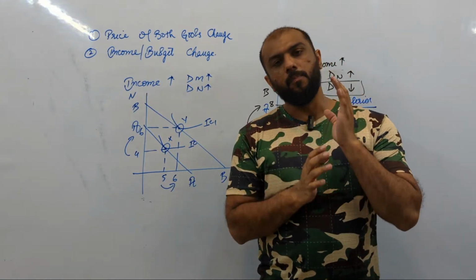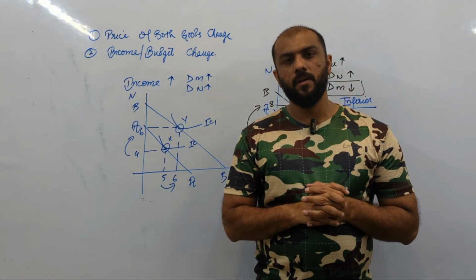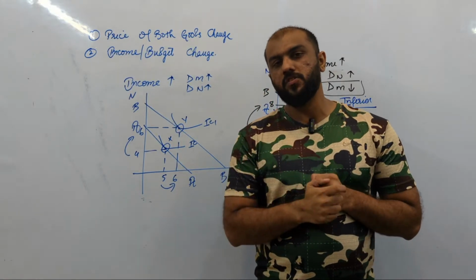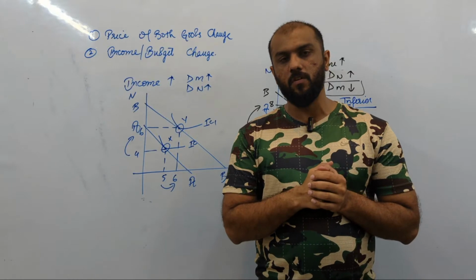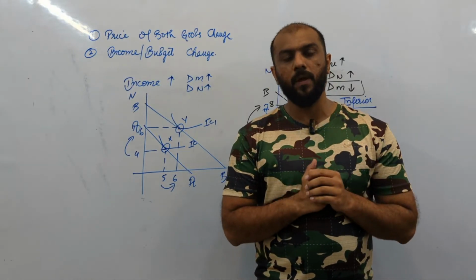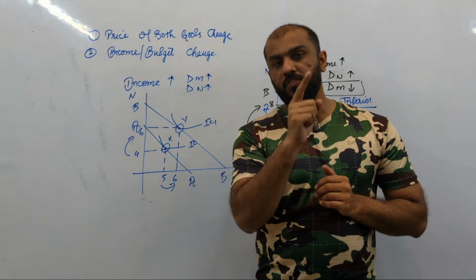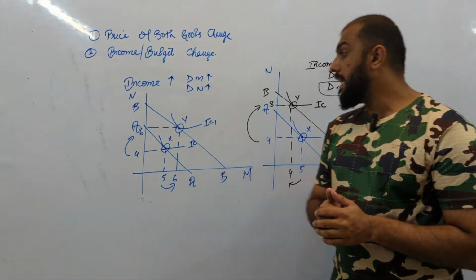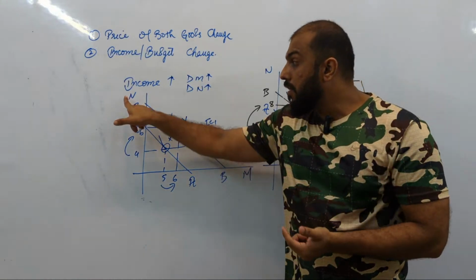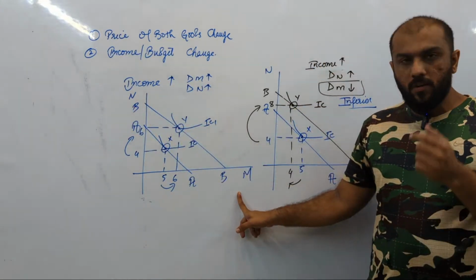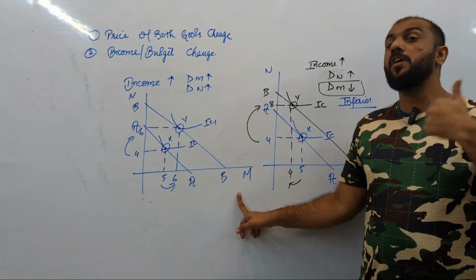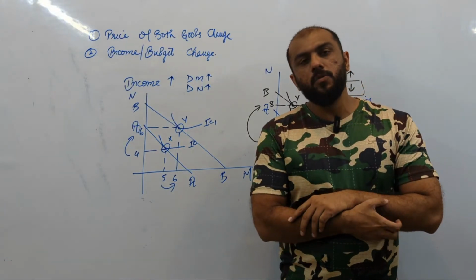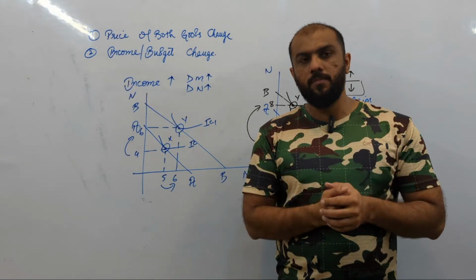You know why I'm saying positive and negative relation? Because if you need to construct a demand curve for a given good, it would be an upward sloping curve. And when you need to construct a curve for an inferior good, you would label income on this axis and the quantity on this axis, and you would show a downward sloping curve for an inferior good. You can do it on your own and then you can just send me on WhatsApp and